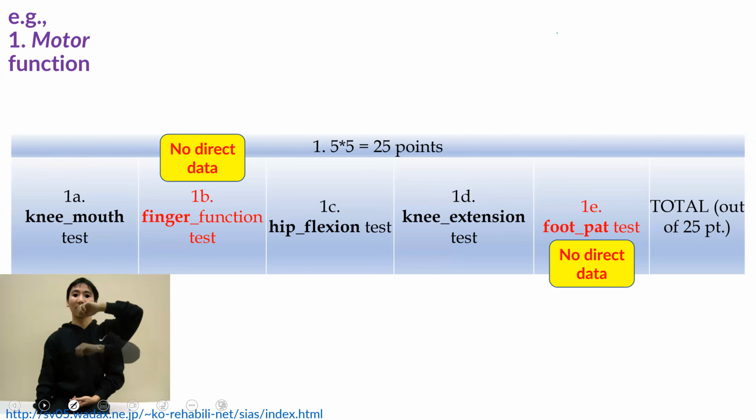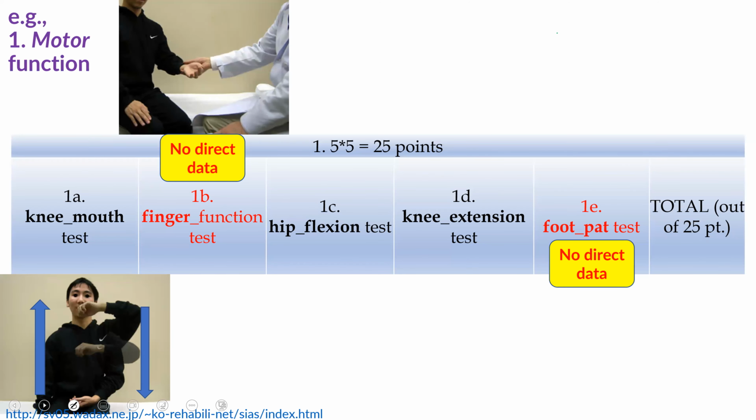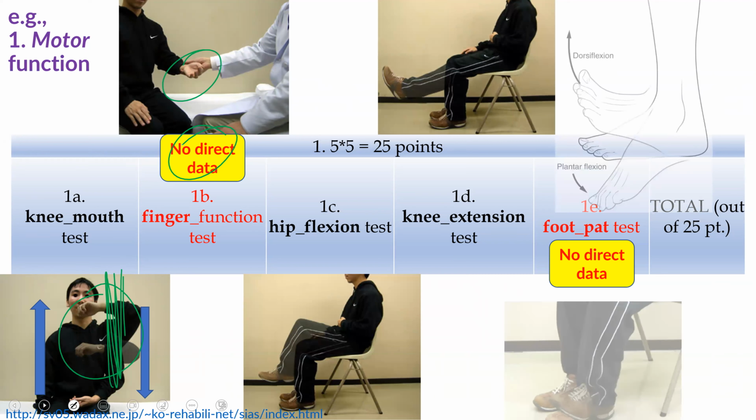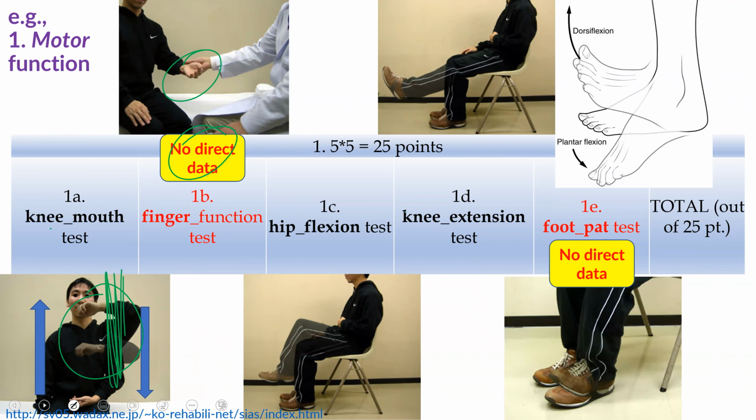Now, say motor function: if I can do the knee mouth test 3 times, I get 5. If I cannot, you give 1 or 2 or 3. But finger function, a doctor can touch your finger and then tell you to do something, like moving. From the video, it's very difficult because you need a doctor to see, but you cannot have a doctor because you are planning to do it remotely from home. Similarly, there is another application, another action, and so on. This is just like 5.